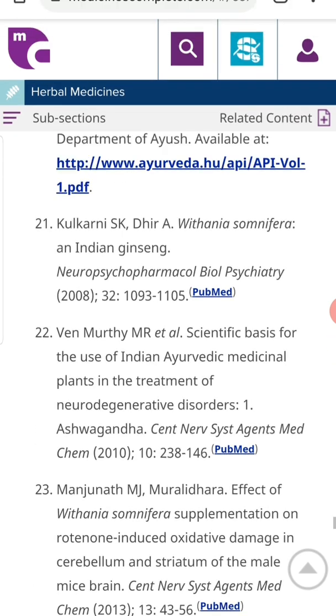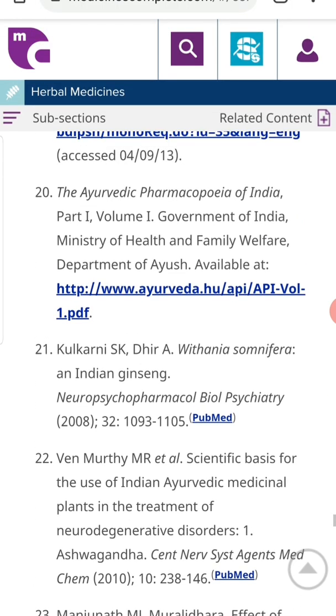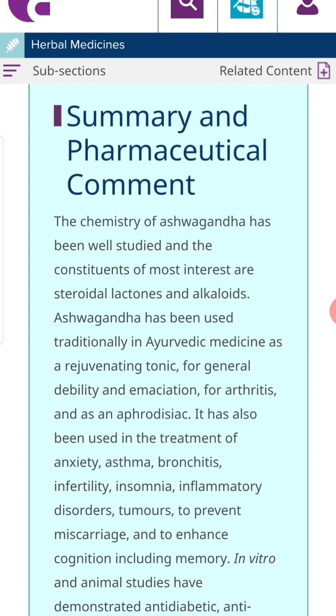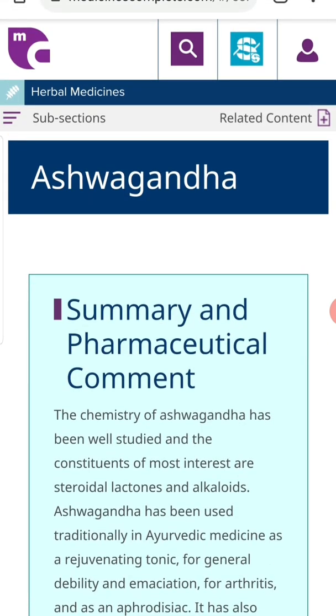So these are all ESCI indexed journals. These are not low quality journals, these are all peer reviewed journals, right? So in this manner you are going to get the information about the whole herb preparations as well, right?